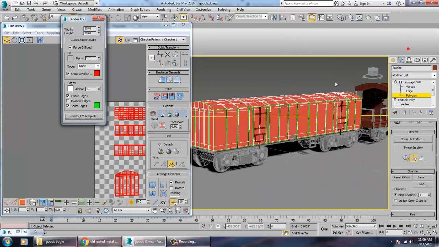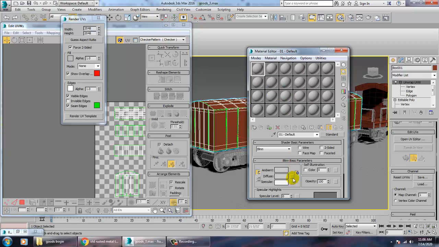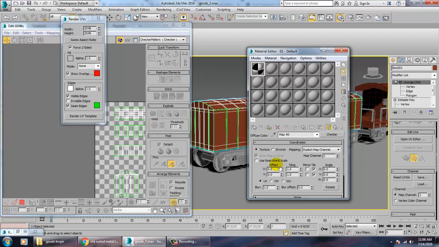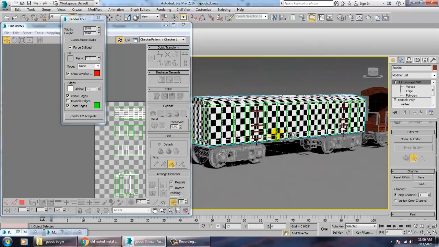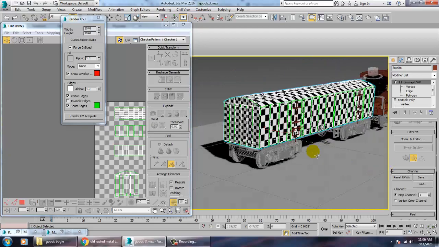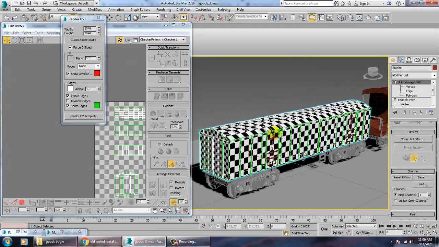So once you're done, now you need to check how it looks. Go into material. Let's go into diffuse and let's just assign the texture over here on top of it. So as you can see, if you just assign this, it is properly fitting. So we have done the projection of this, the planar mapping, and the texture is perfectly fitting.